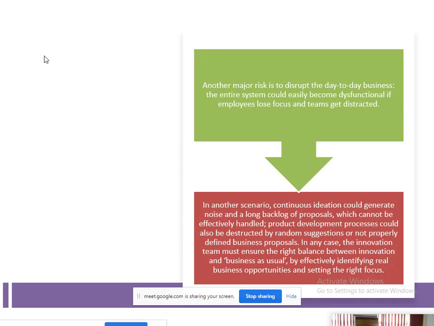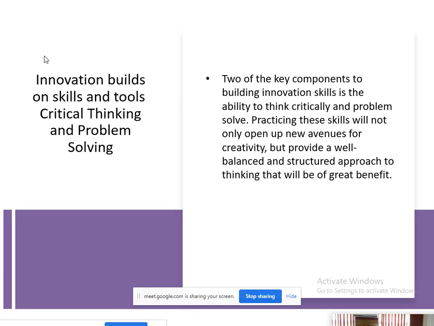In that case, you have a proper innovation team which can identify the business opportunities and the real technologies and other things, so that it can set the right focus for the company, or for the innovating team, so that it can develop a new product. Okay, next. Innovation builds